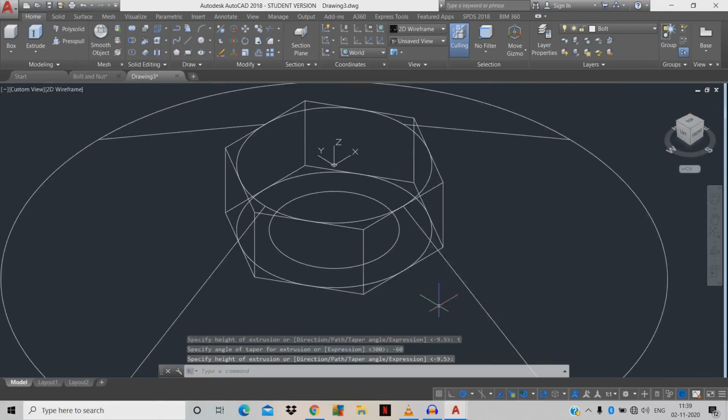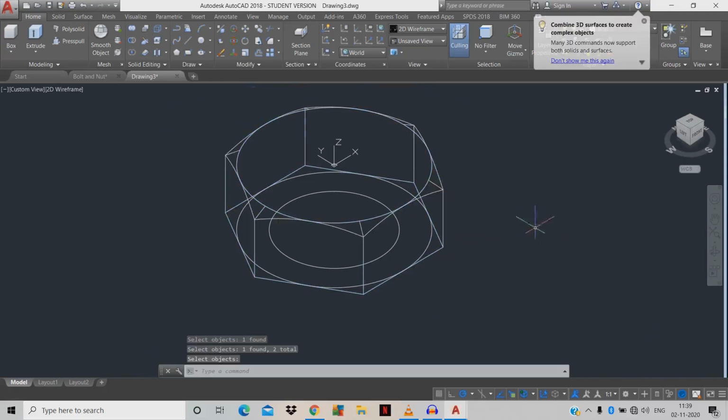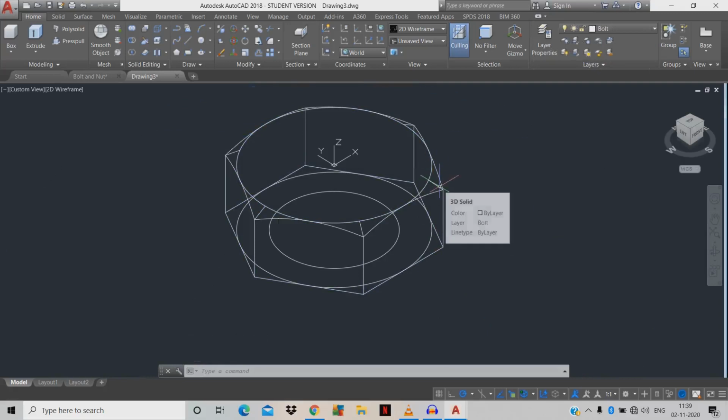Okay, now I'm gonna give INT, intersect. Just click both the objects over here space. Okay, in case the length is 9.5, after giving minus 60, if I give 8 or 7.5, the remaining 1 or 1.5 will be cut. The section will be in cut position. For example,